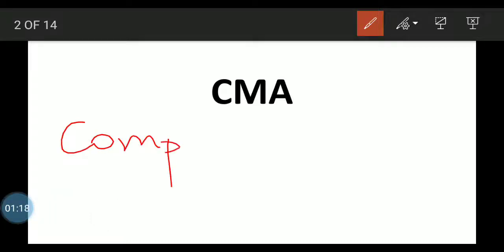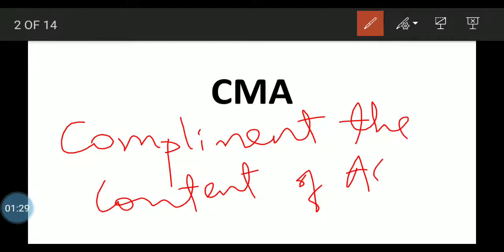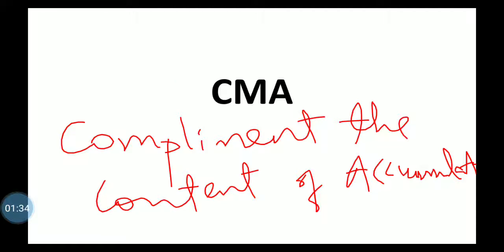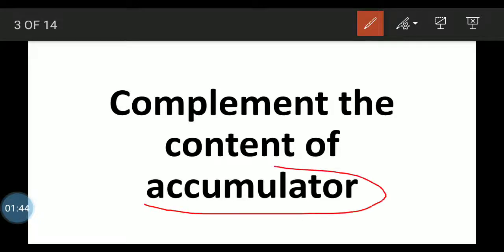CMA means complement the content of accumulator. It means the content that is present in the accumulator will be complemented.